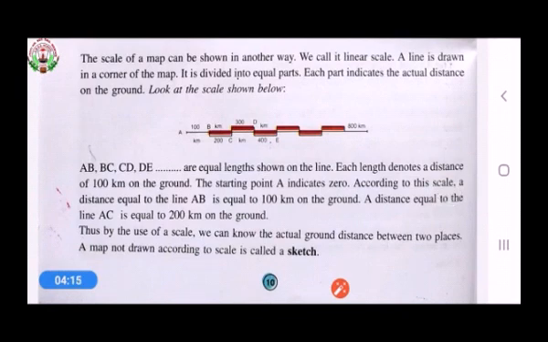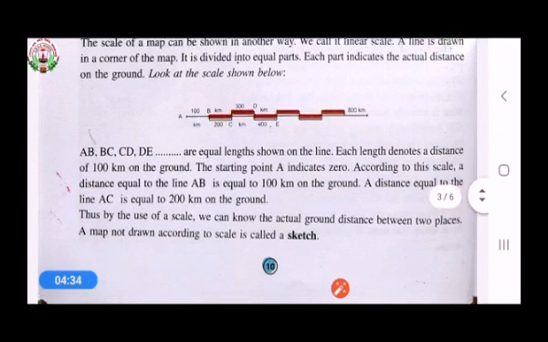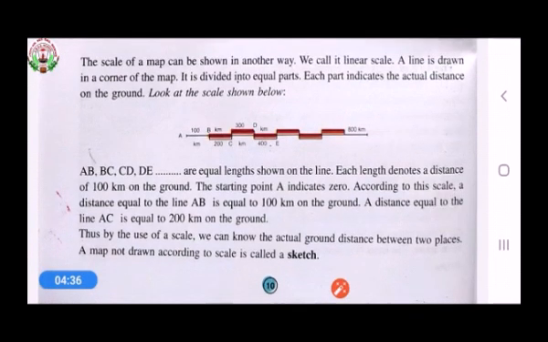The starting point A indicates 0 according to this scale. A distance equal to the line AB is equal to 100 km on the ground. A distance equal to the line AC is equal to 200 km on the ground. Thus, by the use of a scale, we can know the actual ground distance between two places.